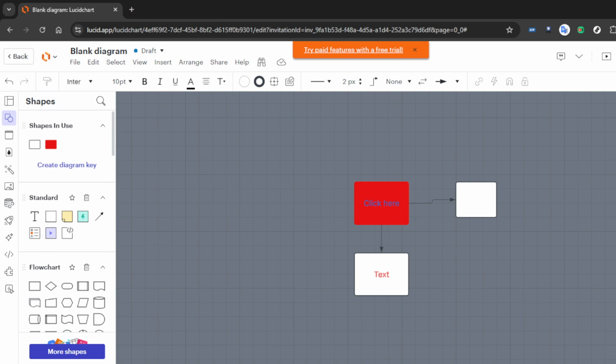There you have it. You now know two methods to enable dark mode in Lucidchart. The first one allows you to change it manually within the app itself, while the second method provides an automatic